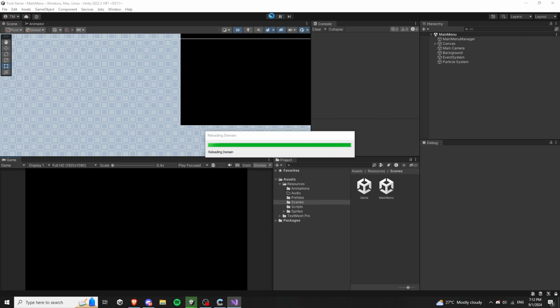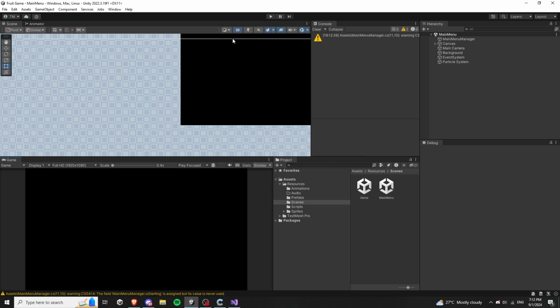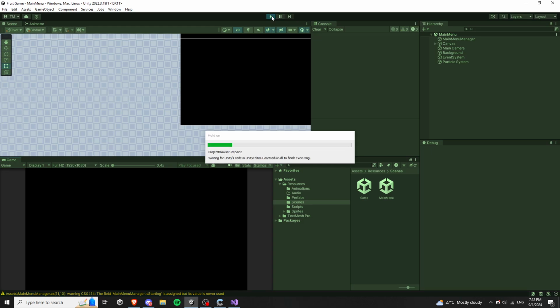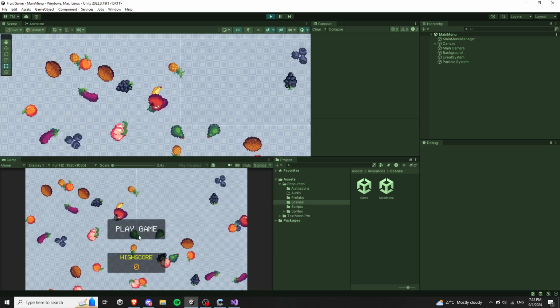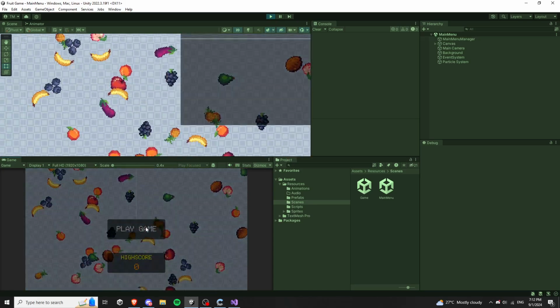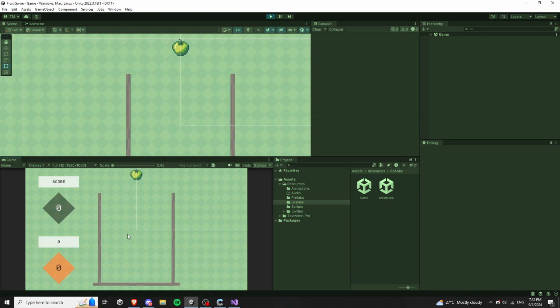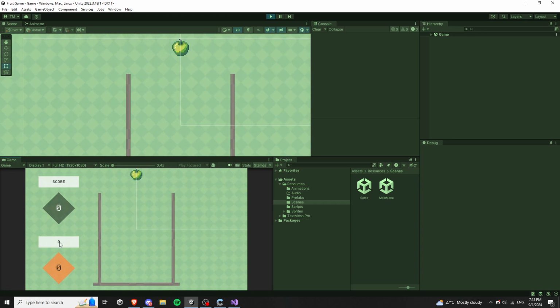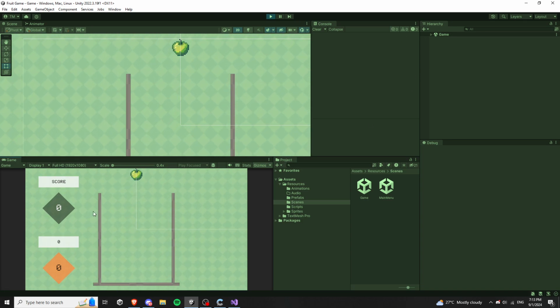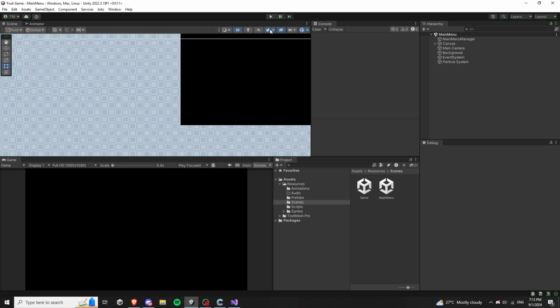Play again. And now we just need to add a couple of things like particles, sound effects, and also create more types of fruit. And see, we need to play it to see if the end condition works. And also see here we have a 0 here that I don't know why it's there,